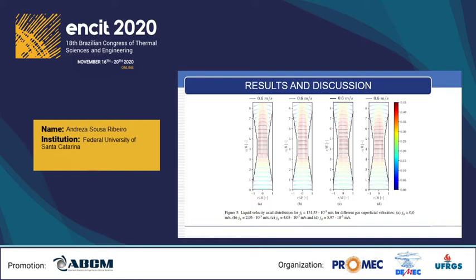However, they keep a flow structure similar to the single-phase case, opposed to what is observed for the lower value of liquid superficial velocity. The liquid velocity profiles in the inlet region follow the same trend found in Liu and Bankoff,